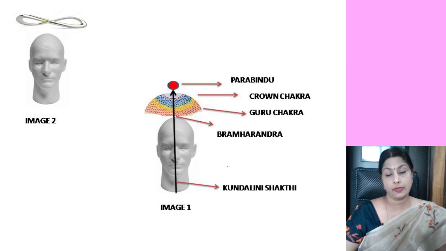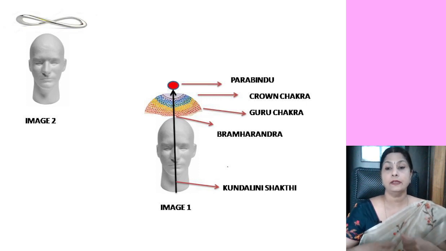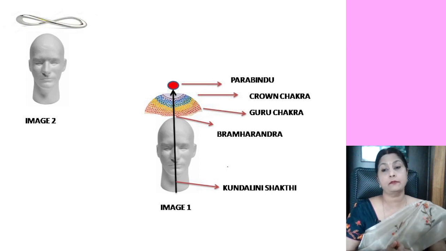The image too here represents that the person has merged his individual consciousness with the ultimate consciousness. That is, his Kundalini has merged with the Parabindu. And that is why he has an infinity symbol over his head. Now, this infinity symbol works as an antenna and it draws in all the universal information, all the universal potential. And this person's brain centers are prepared to hold that information so that this person can use this information for the upliftment of the society.